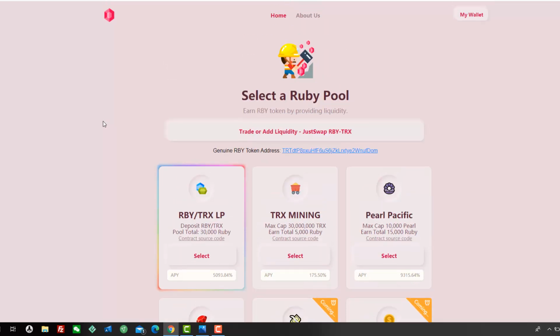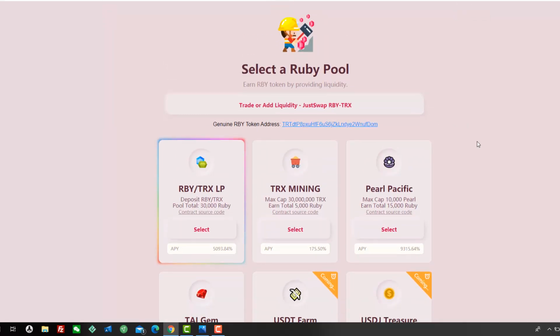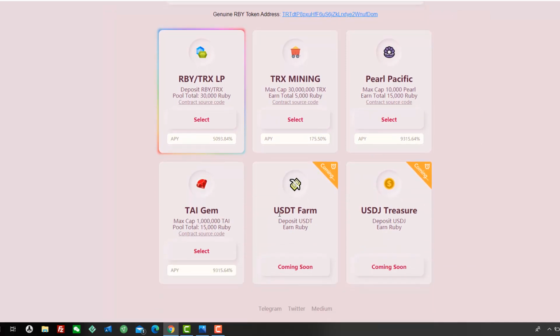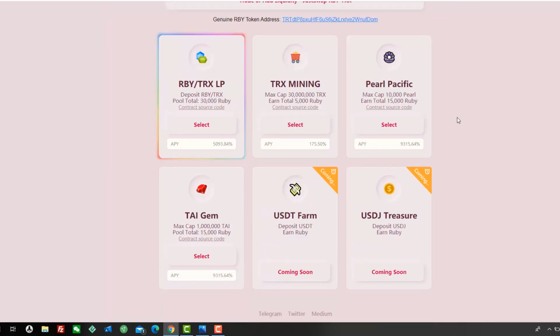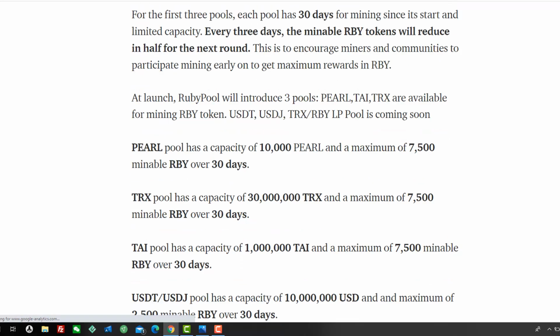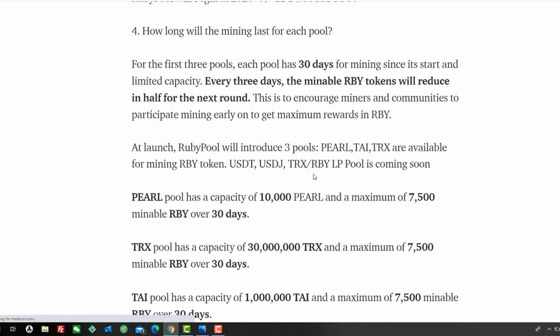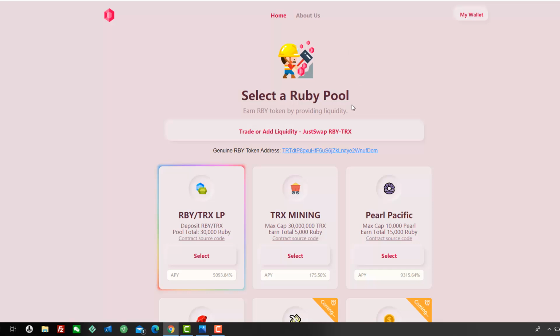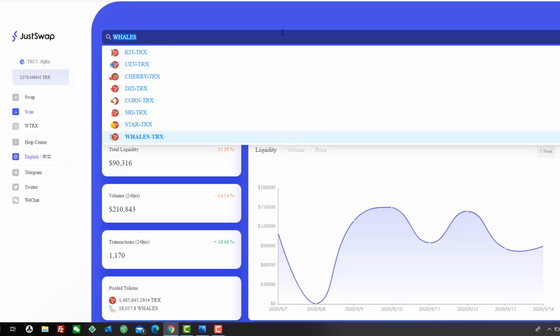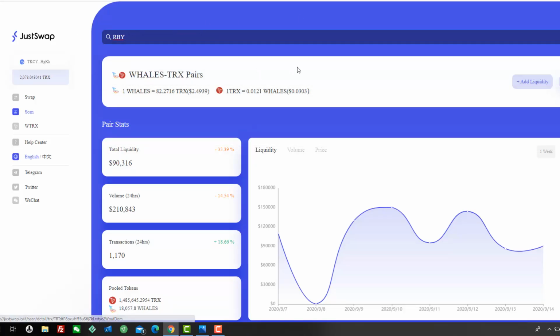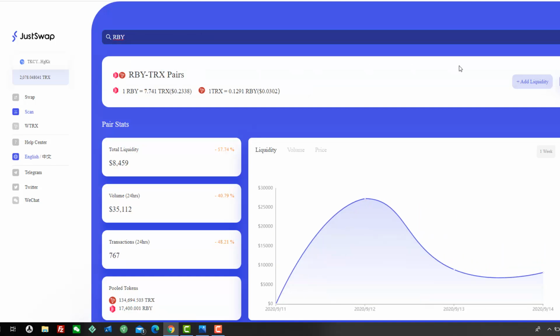This ruby pool finance, I'll put the link below. Do not touch this with a 10-foot pole, because I'll tell you why. This has just died in the ass, because you come here, you look at it and go, oh, okay, it's a nice looking site. You have a bit of a snooze around, medium post, read about it. And then what you always should do with these, always check the liquidity, okay? Then you'll know straight away what's going on with the project. So find the contract somewhere.